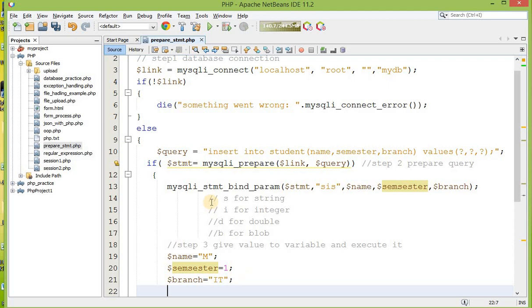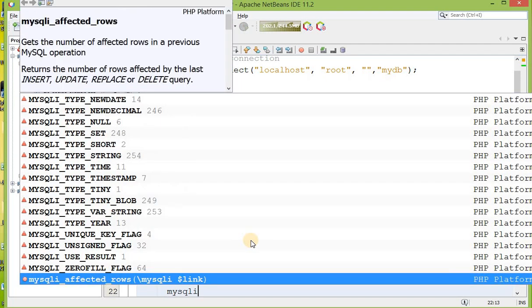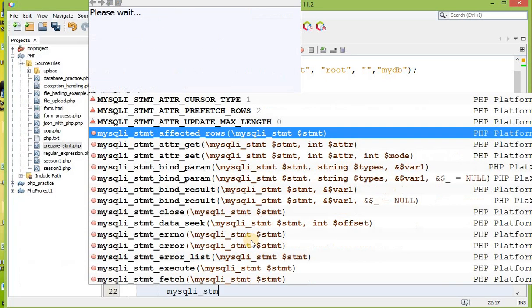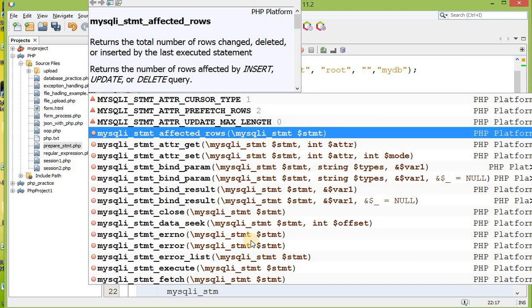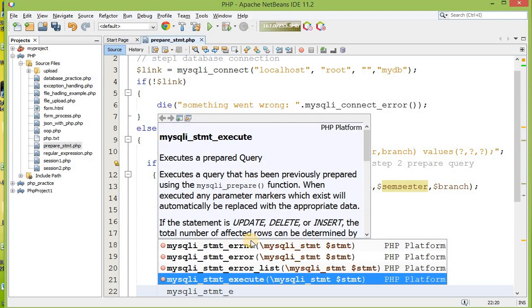Now the query is built over here. Do I need to code the query again? No, I just need to execute this query. So what is the function? mysqli_stmt_execute. Over here you can see this.